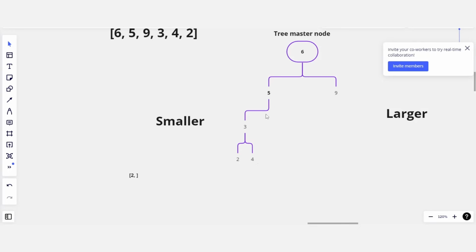We also want to go to the left only, because we don't want to go to the 2 again, we have already fulfilled it. So we'll add 3, and again now we will go to the left, but now